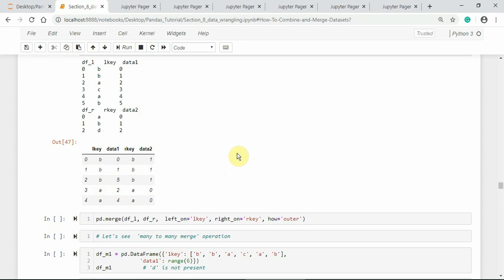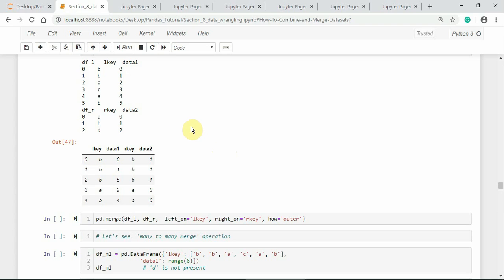By default, the merge operation does an inner join. The keys in the result are the intersection or the common set found in both the tables. Here in the above merge operation, C and D data and associated values are missed.